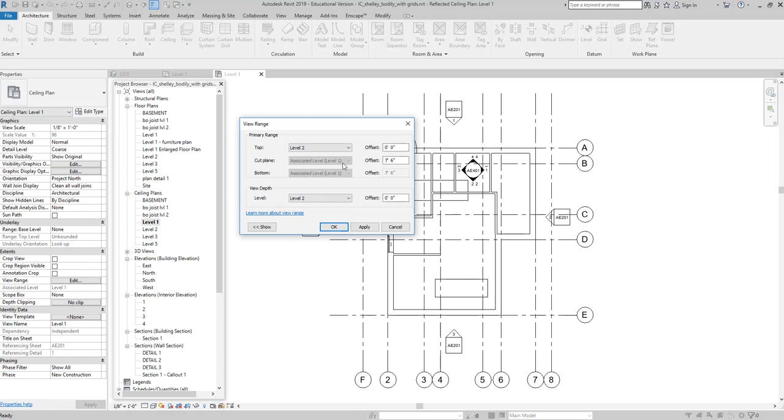So instead of standing on level 1 and looking down, we are standing on level 2 but looking down. But really what it means is you're standing on level 1 and looking up to level 2. And the cut plane is 7'6" above level 1 as opposed to being cut at 4 foot on level 1. It's really confusing. But a simple way of saying it is that instead of looking down, you're looking up, right? And instead of your cut plane being at 4 foot looking down, your cut plane is at 7'6" and you're